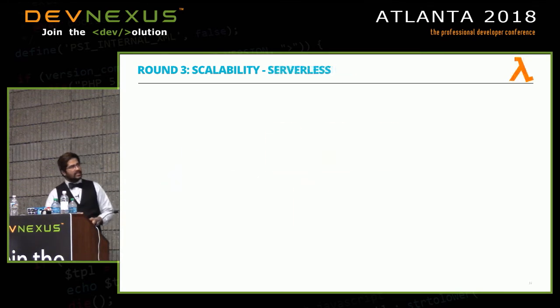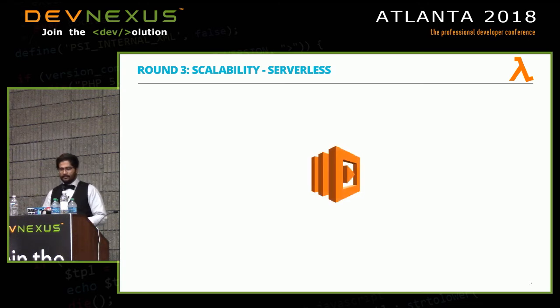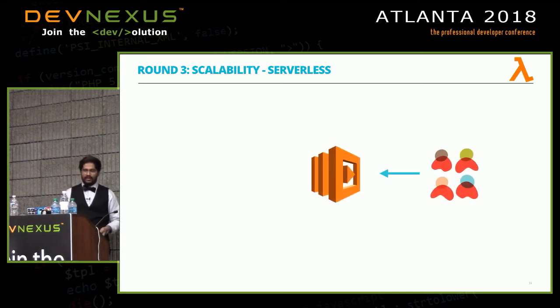If you move over to the serverless bit, it is a lot simpler. When you deploy your code and you have traffic on it, we didn't tell AWS how many instances of the app we want, or it's not even app, it's how many instances of the Lambda we want.